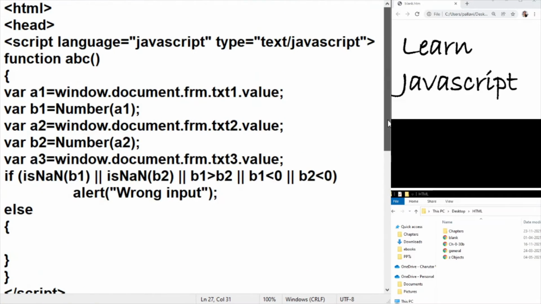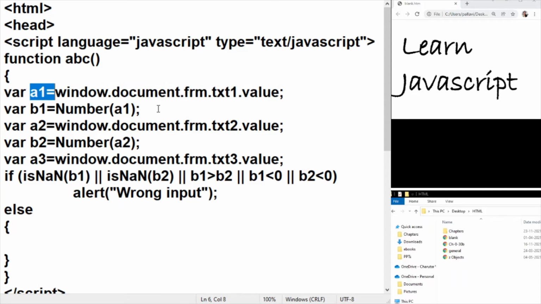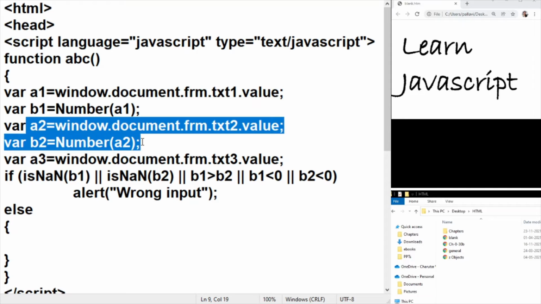And we have to look for this digit in all those numbers and print only those numbers where it is occurring. As with the previous coding, some of the code has been picked from the previous video. I'll give a link somewhere in the video, so check that out before you come to this video. Now the first text box value is copied in A1 and converted into number in B1. Same goes with the second one. So the upper limits and the lower limits are copied in B1 and B2.